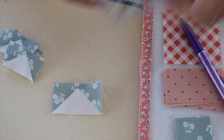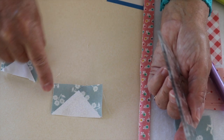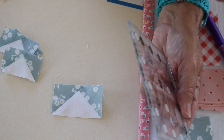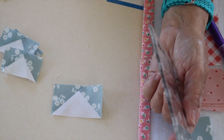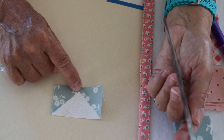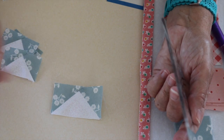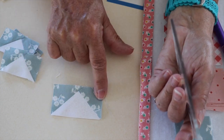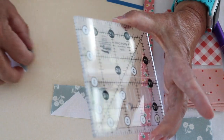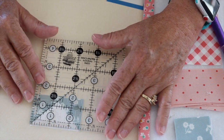What you're going to do is take your ruler, and you need to find out what that point is right there, how many inches from the edge to the center it's going to be. So grab a calculator or do it in your head, whatever it takes. The first thing I'm going to do is figure out what that number is to get to the center of the block. So take your block, divide it in half. On this one, it'll be the block width. I'll divide that in half, and then I'm going to take my ruler with the 45-degree diagonal line, and I'm going to set it down so that my mark